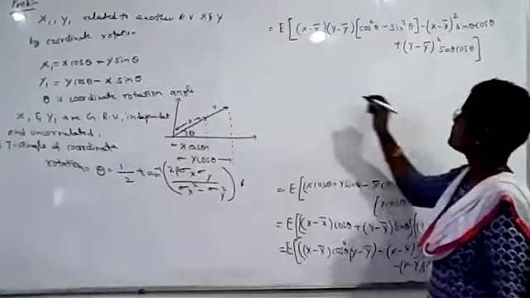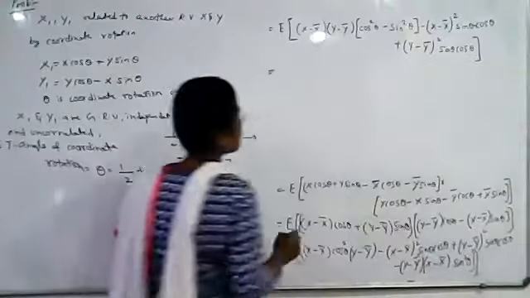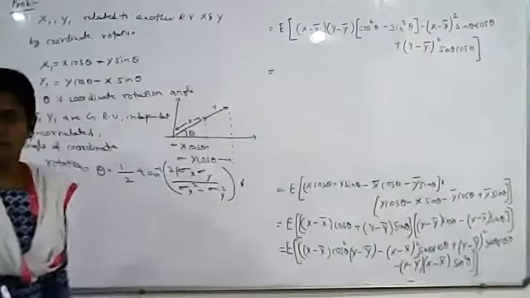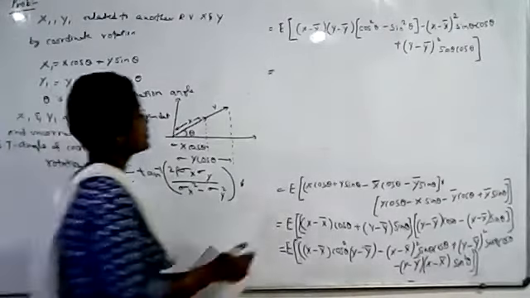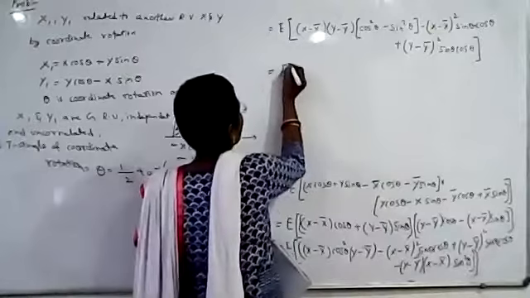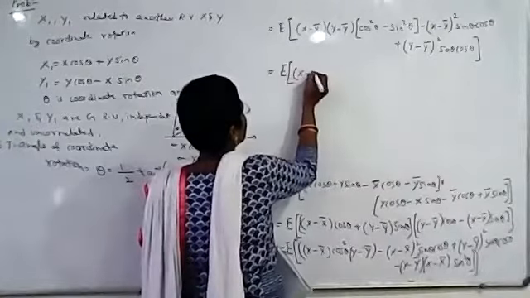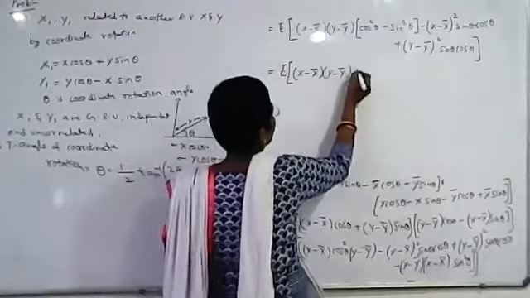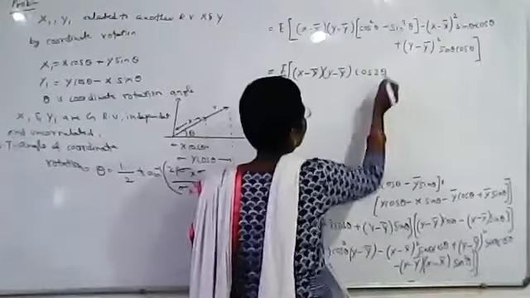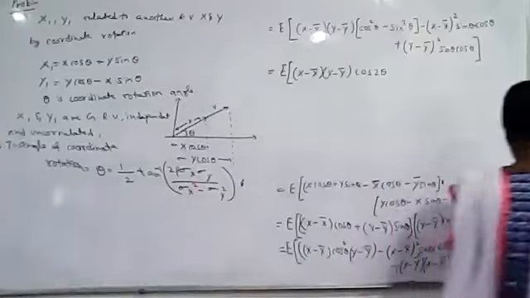So we know that cos square theta minus sin square theta is equal to cos 2 theta. So it is expected value of x minus x bar y minus y bar cos 2 theta,